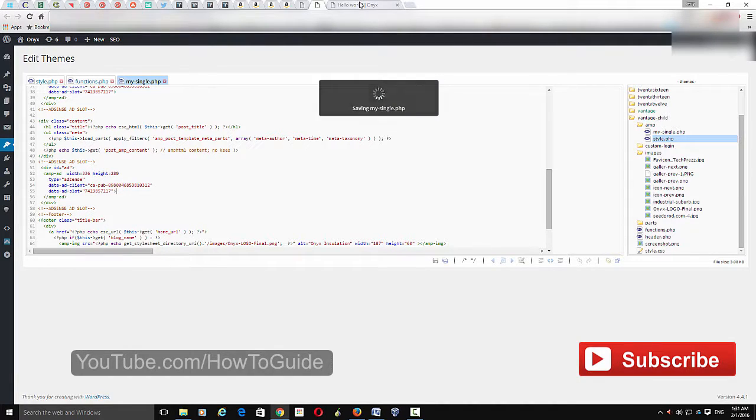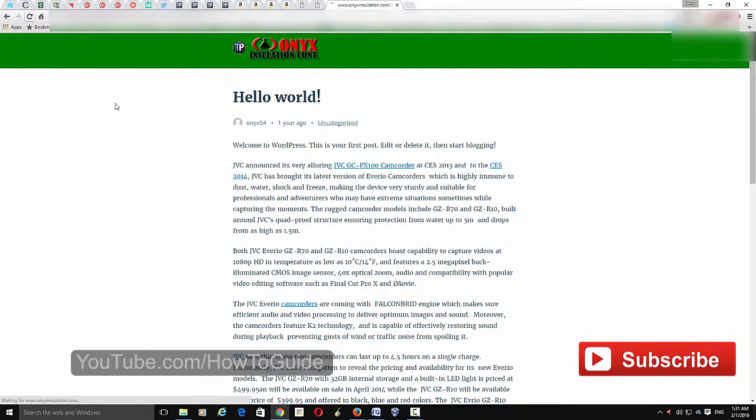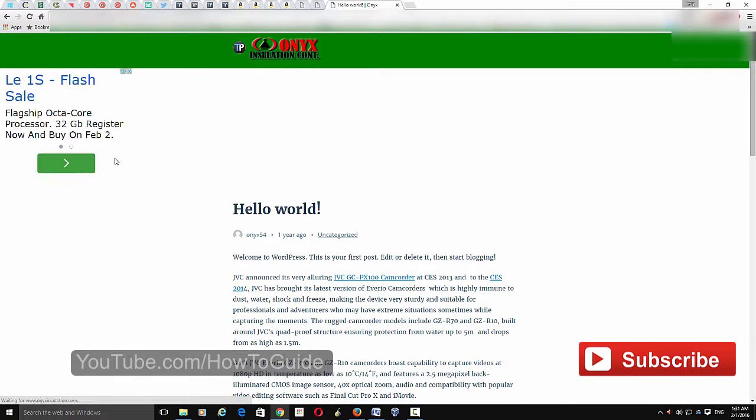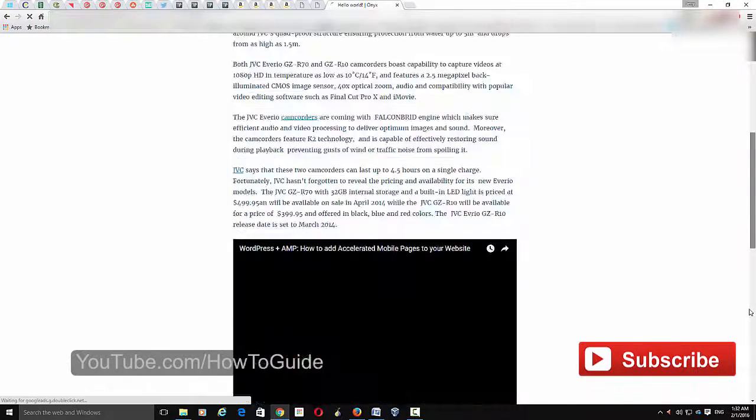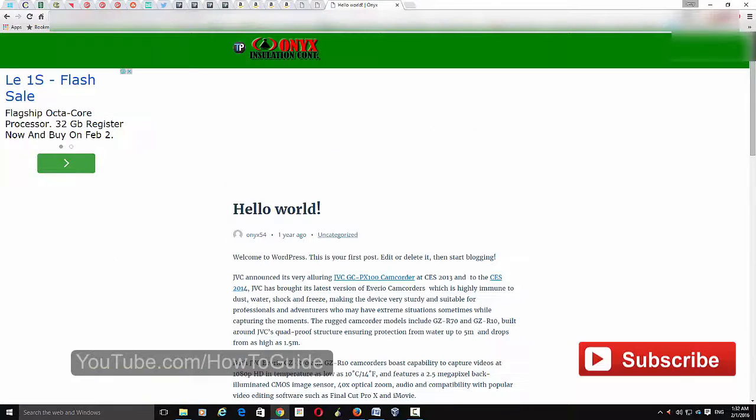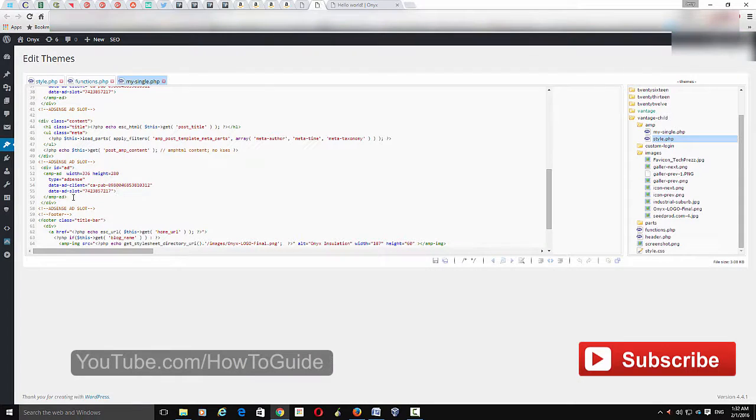Save it. You can see that. And here you can see it's on the left side. That's because I made a mistake: I put it outside the div tag, and you need to put that inside the div tag. So just copy that,